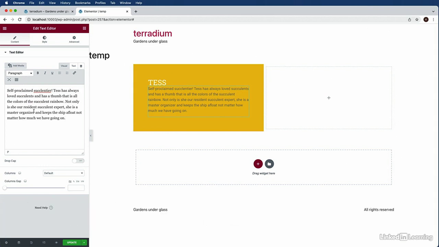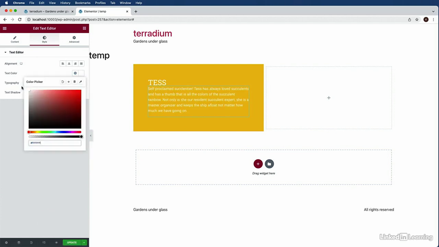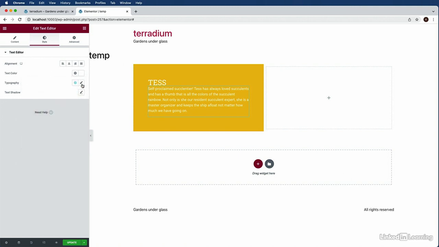As you can see, we have our own set of options for this particular widget. Every widget is going to give you its own set of editing attributes that you can use to control the widget. The content is going to primarily allow you to add the content and modify that content in some particular way. The Style tab is going to allow you to change some sort of visual attribute about that particular widget. And then we can control the typography that we want to use, along with adding a shadow if that is something that we desire. I'll go ahead and go back to the widget editor,